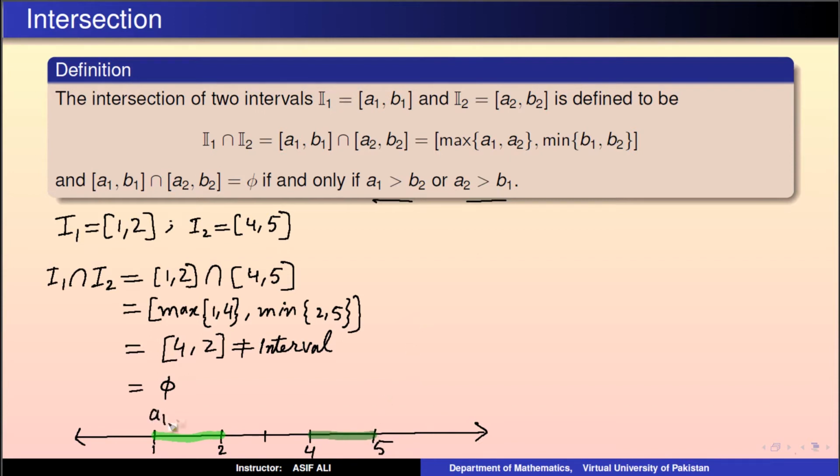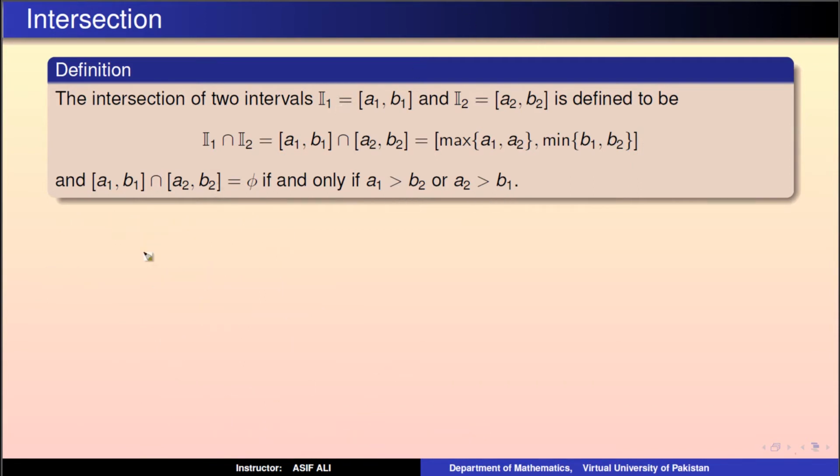This is A1, this is B1, this is A2, this is B2. अब इस कंडीशन को देखें A1 ग्रेटर देन B2, B2 से ग्रेटर A1 होना चाहिए, ये कंडीशन नहीं है। ये देखें A2 ग्रेटर देन B1, B1 से A2 ग्रेटर है। ये कंडीशन सेटिस्फाई करती है। इस कंडीशन की वजह से ये एम्प्टी सेट है।